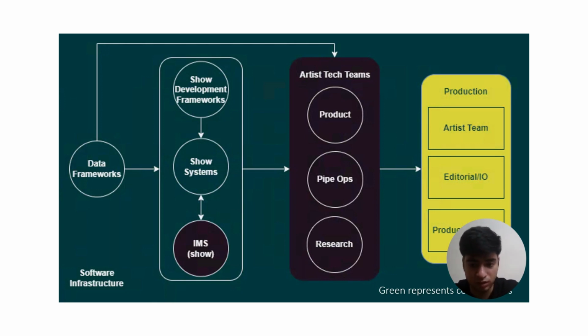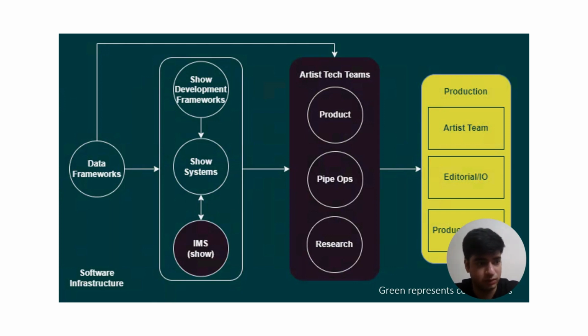The research team works on researching new and better solutions. The product team works on VFX tools, introducing new VFX tools for further development inside DCCs like Maya and Houdini. The pipe ops team supports and manages the whole pipeline of the VFX procedures,